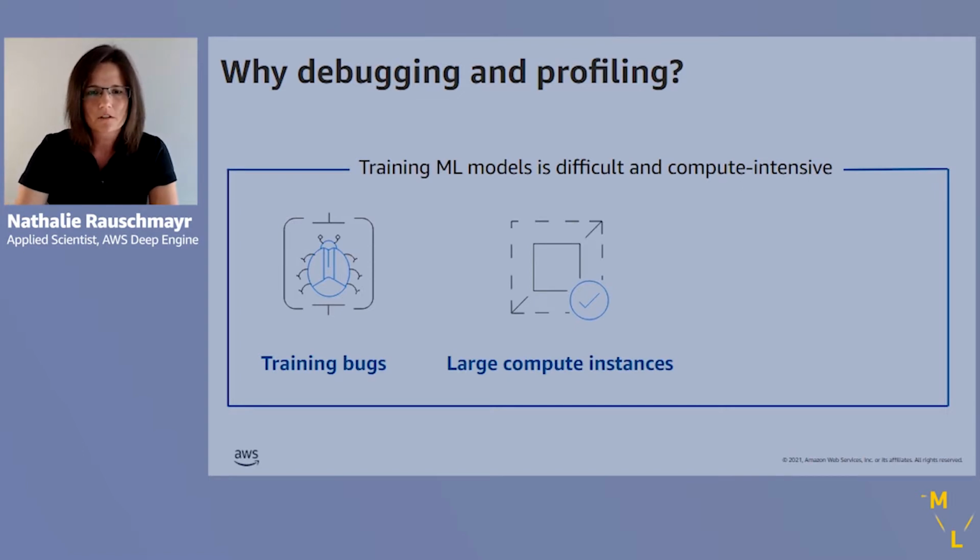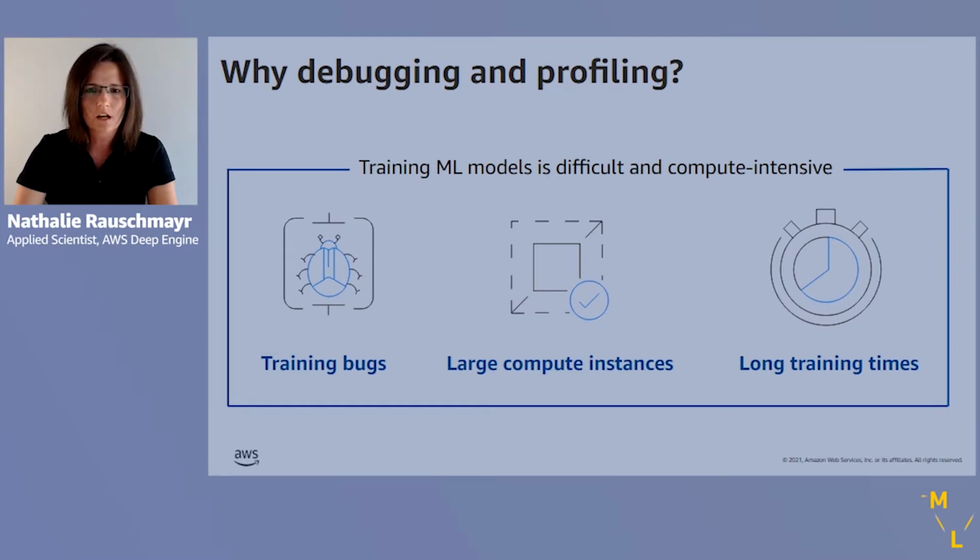When we train machine learning models such as deep neural networks, they are usually trained on large compute instances. State-of-the-art deep neural networks consist of millions of parameters, so we may have to train them on multi-GPU instances. Trying to use these instances as efficiently as possible is not always easy and requires lots of tuning. Training deep neural networks takes a long time, and because of all that, we want to ensure that we use existing compute instances as efficiently as possible and find training bugs as early as possible so that we can use our given training budget as efficiently as possible.